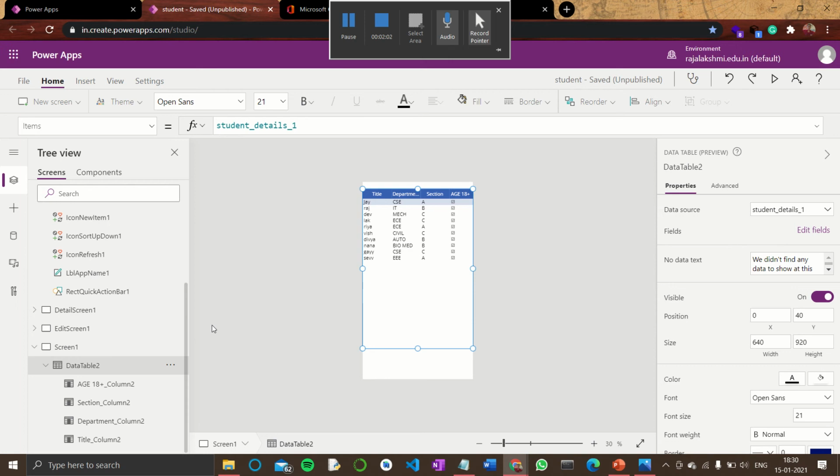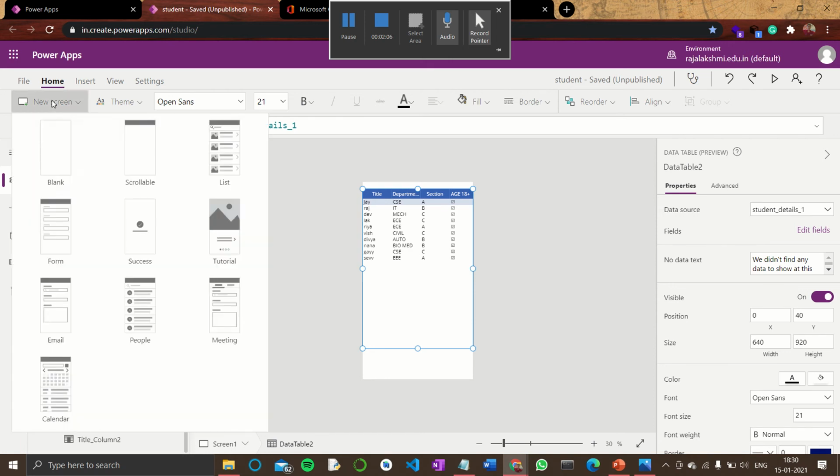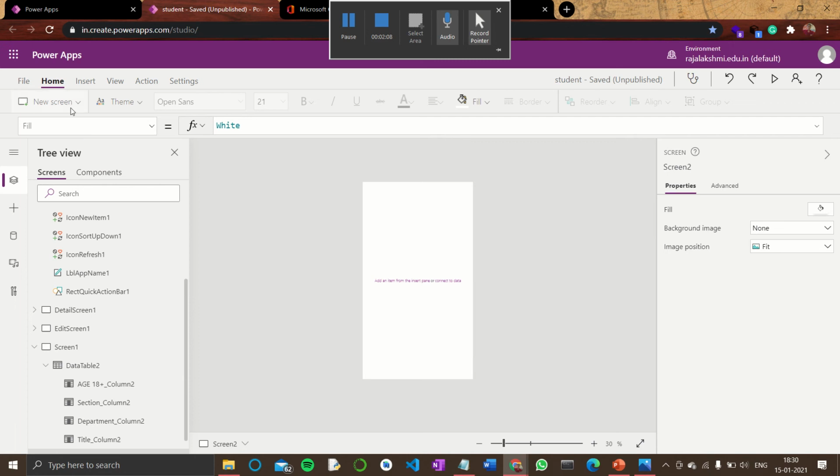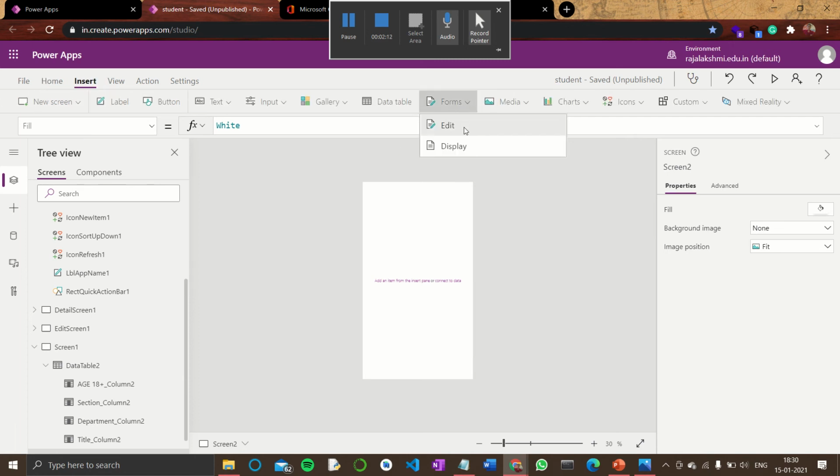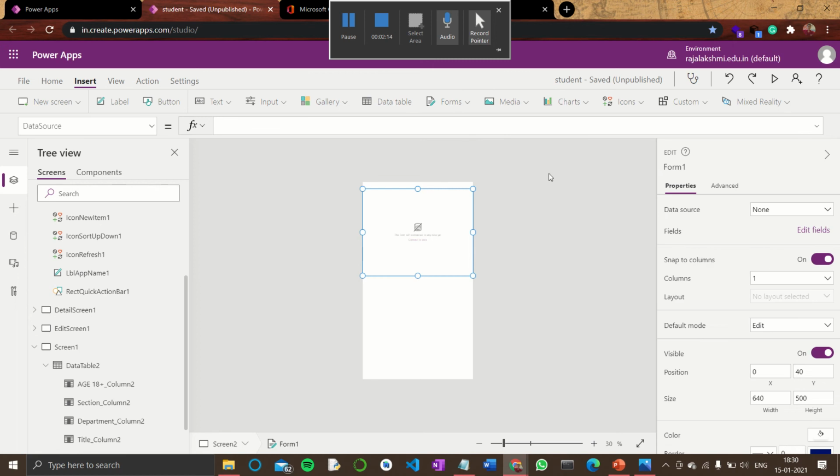Now let's see how to insert a form into our application. So create a new screen. Go to insert, forms, click on edit. Now choose your data source, student details. Wait for some time.